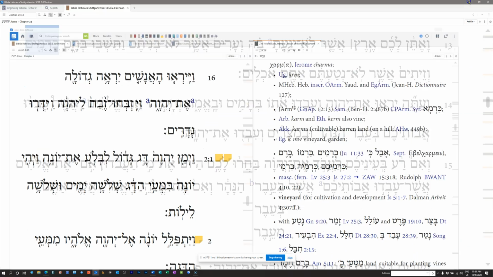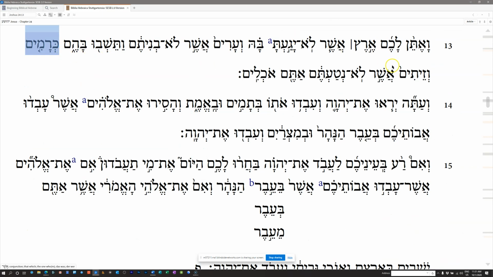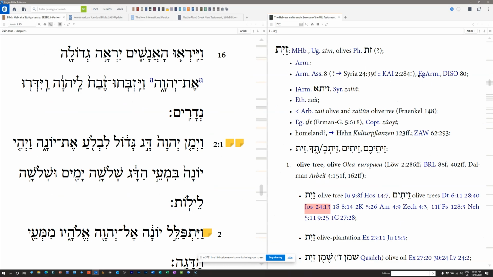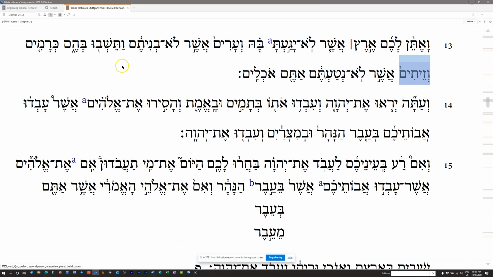So I have given you a land in which you did not work, and cities which you did not build in order that you might dwell in them. Vineyards and Zaytim. That one I don't know either. This is olive, so maybe olive trees? Yeah, the olive or the olive tree. Zayit, Zaytim would be the plural. I also gave you vineyards and olive trees, which